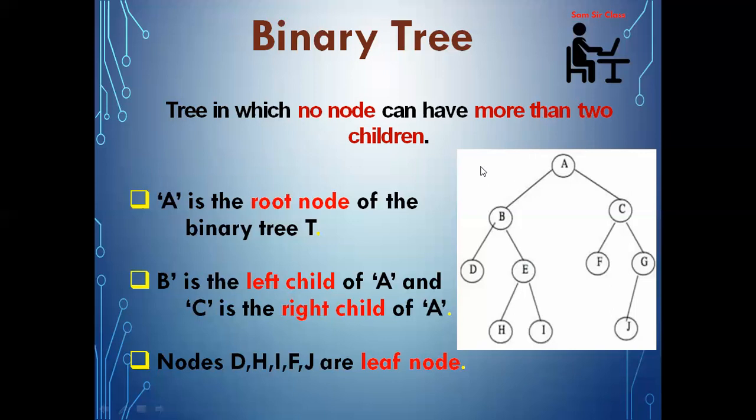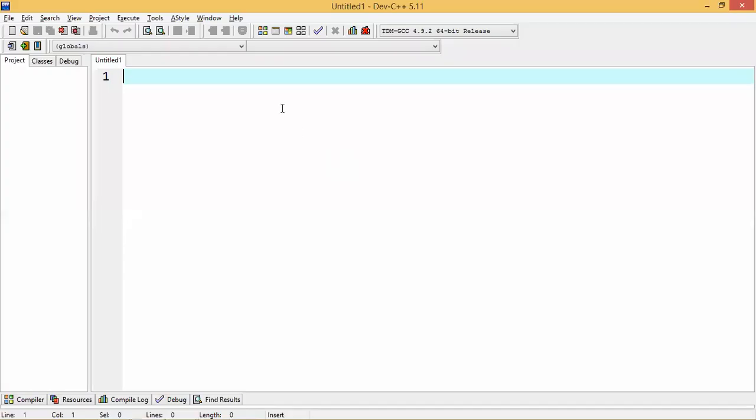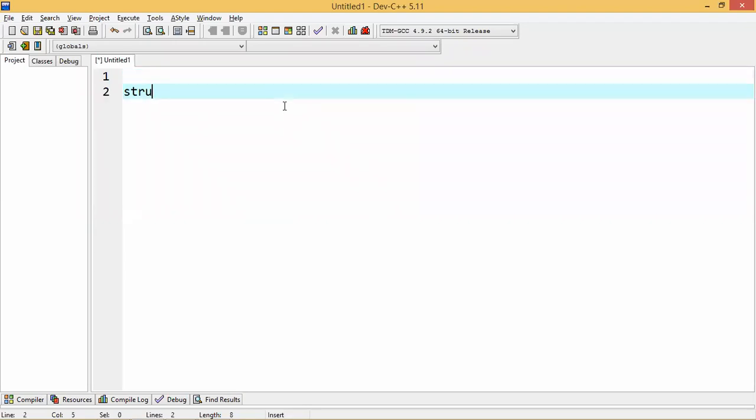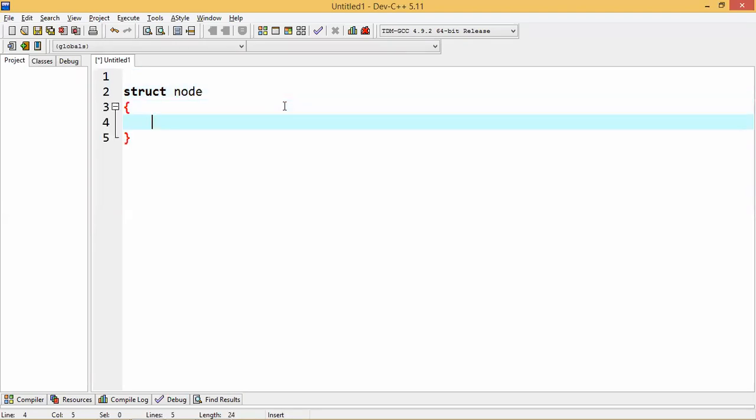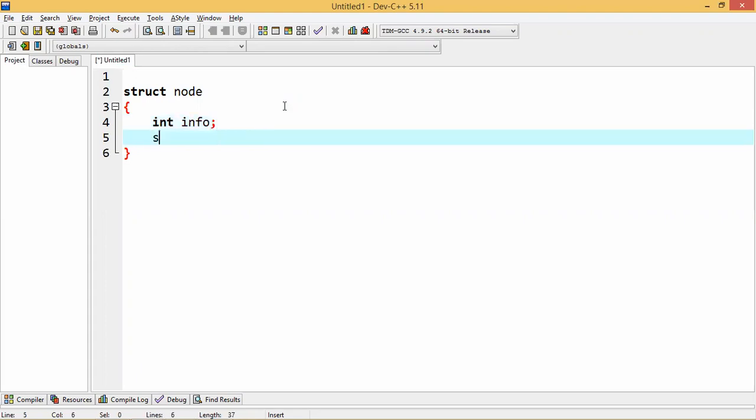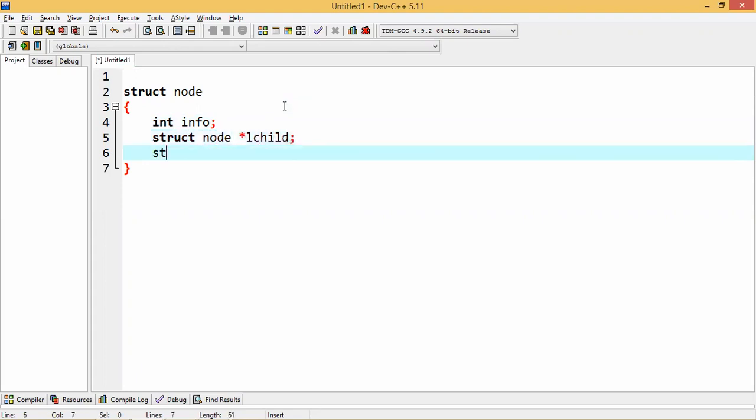Now, if we define a particular node in a binary tree, you have to write struct node. Suppose you will keep integer values, so int info, struct node star left child, struct node star right child.